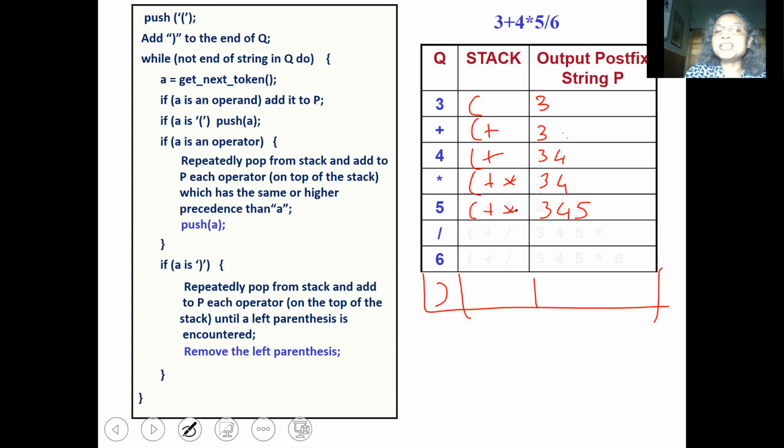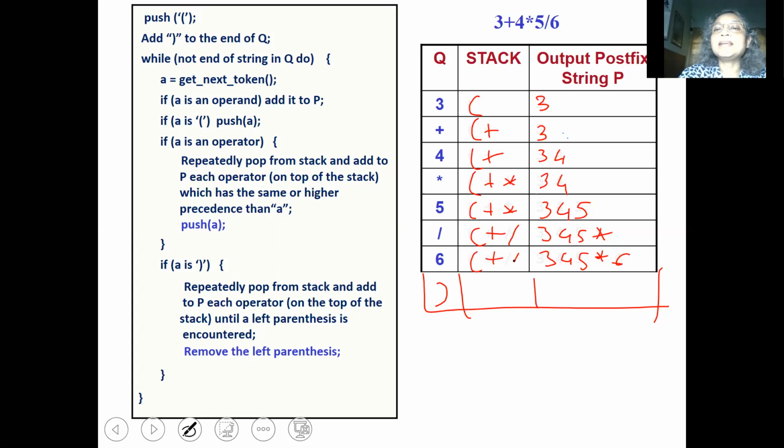Then we get a slash. So we will remove star from the stack and we will add star into P, and we will put slash into the stack. Then we get 6. 6 will be added to this expression. And this is my stack.